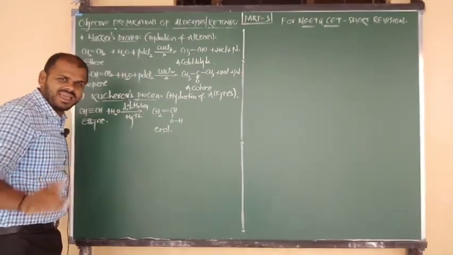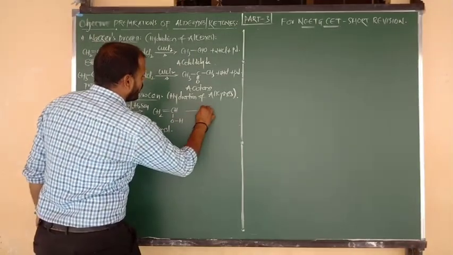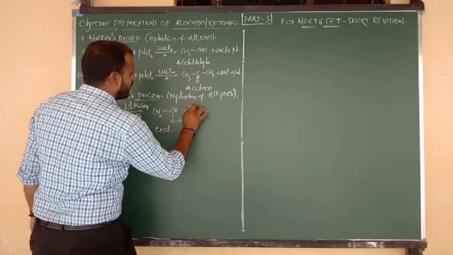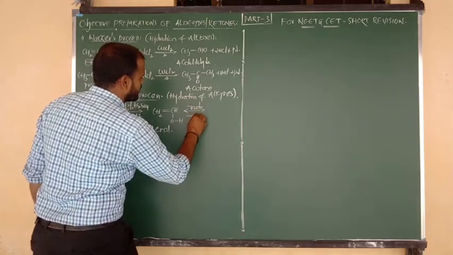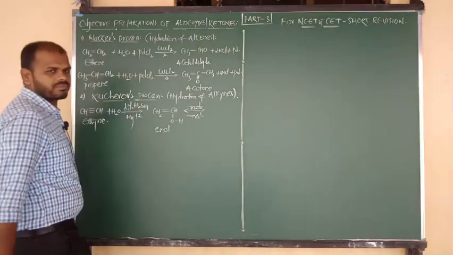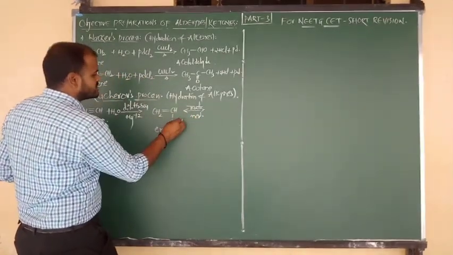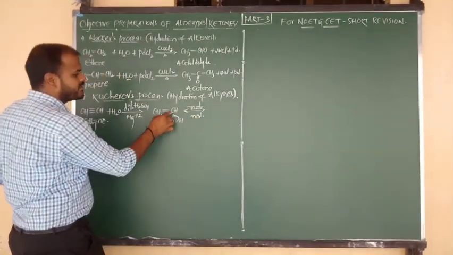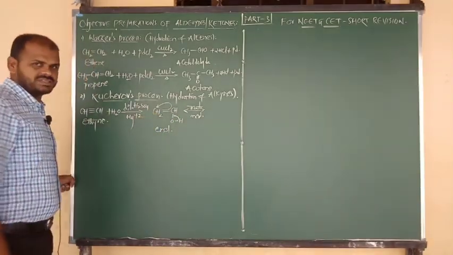But so many times I have told you, the enol form is an unstable form. Now it undergoes keto-enol tautomerism, or we can say the process is known as rearrangement. Simply try to remember tautomerism. So how to do tautomerism? Listen carefully. This bond is going to be delocalized here between oxygen and carbon. At the same time, the pi bond is shifted towards the CH2.